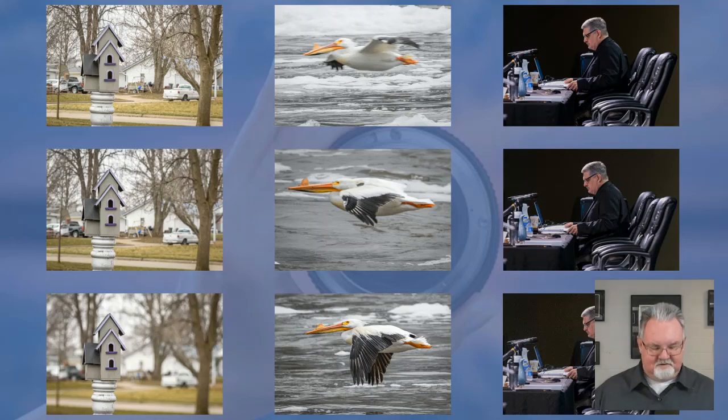And the answer is that each and every one of these images is correctly exposed. They're not too light, they're not too dark, they're just about right, with maybe a little bit of variance, but they're pretty close. So they all are correctly exposed, and yet they all do something different. Yes, they're correctly exposed, but the birdhouse down here is a birdhouse picture because we blurred the background by opening up our aperture